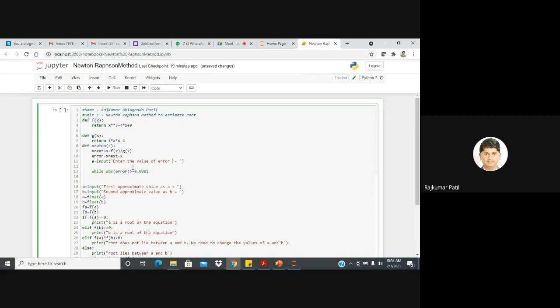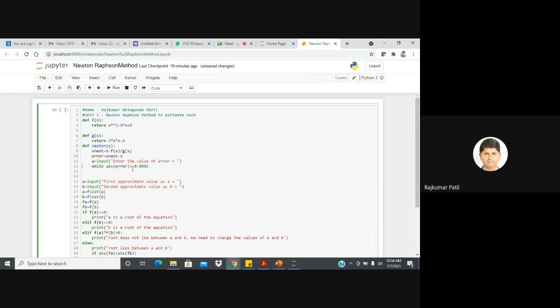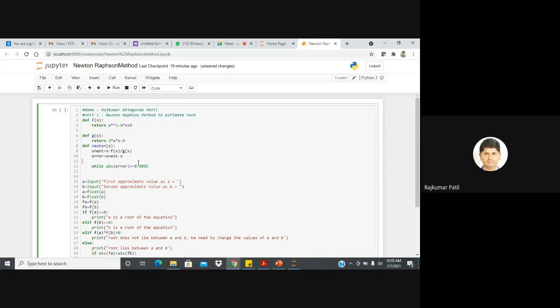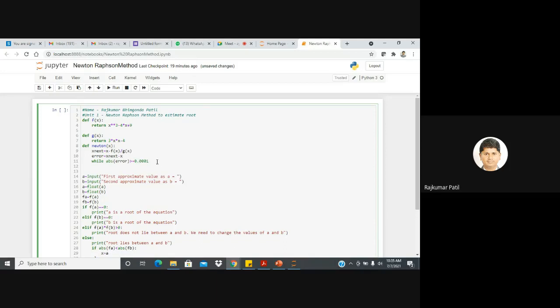Okay, so this line also you can write and manually you can enter, and here we will denote it as, let's say, E, and here you can put E. So this is how you can modify the program as well. So there are different ways to enter the values or write the program. So we are entering into the while loop.